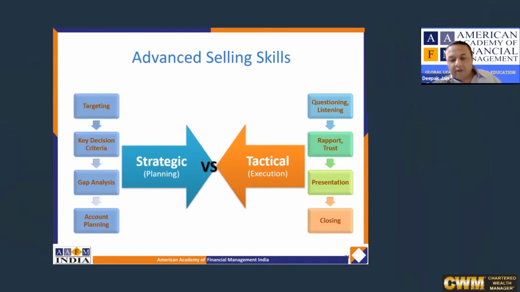Right? And when it comes to closing a business deal, there are various ways you can close. Which way would work for which client, over a period of time you will learn to do. But one of the ways which has worked very well for me, for many of the clients, is never close. Assume it is closed and go for the next step. It's a very powerful step to close a business deal,